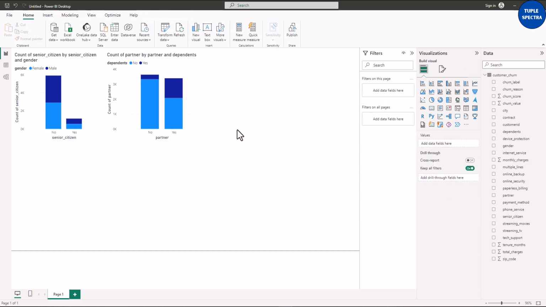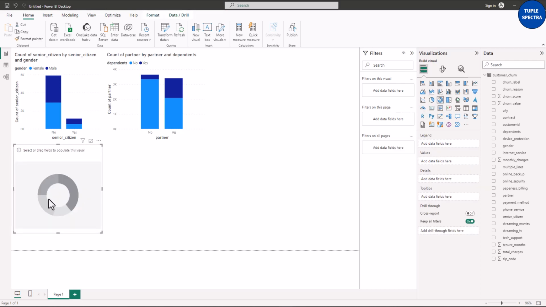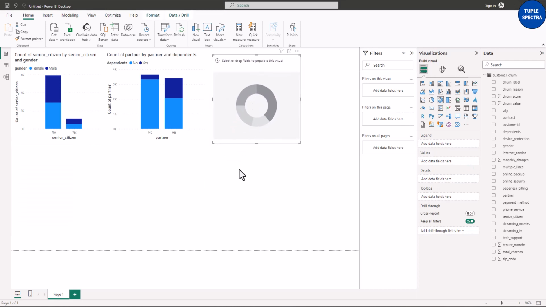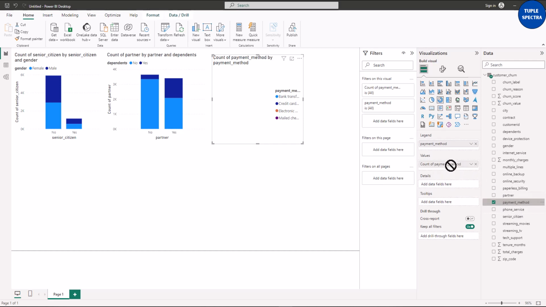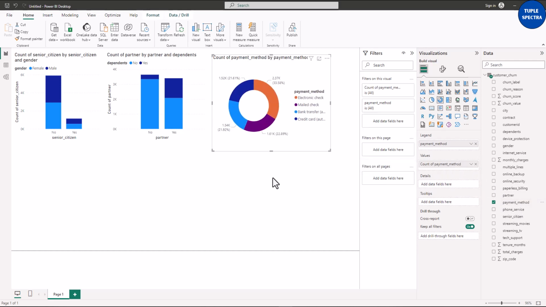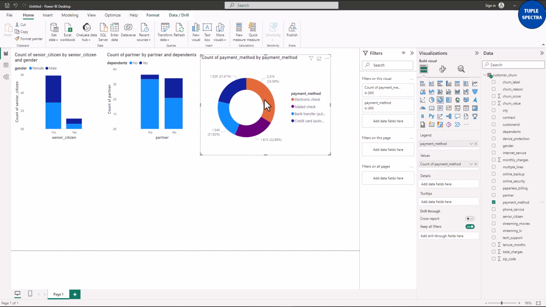What about if we want to look at the count of payment method? We can do something like this. Let's do a donut chart. Let's put a donut chart right here, guys, and then let's look at our payment method. I can drag it right here, and for the values, I can also put the payment method. We can see right here, guys, if we take a look at this,